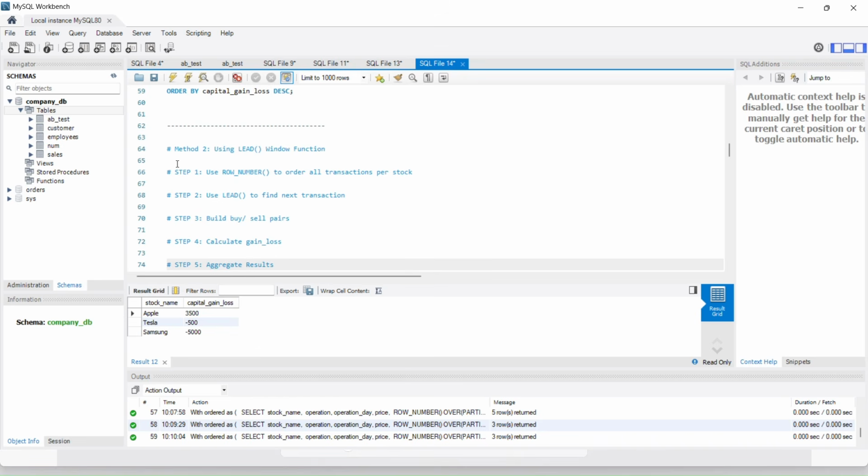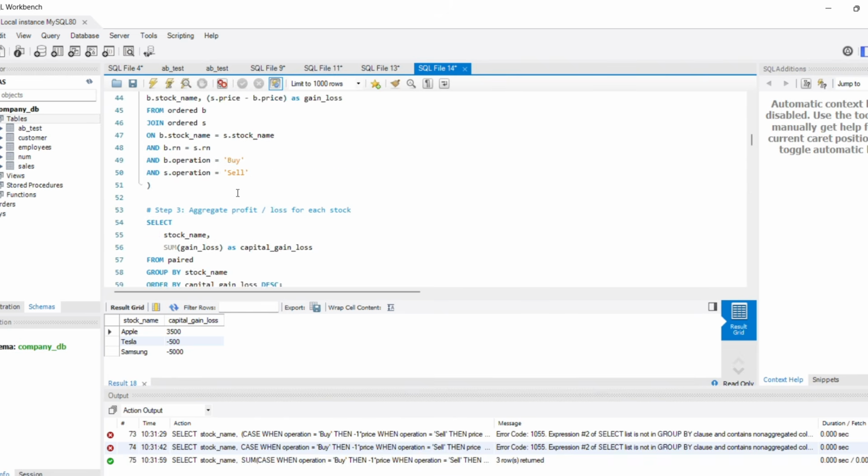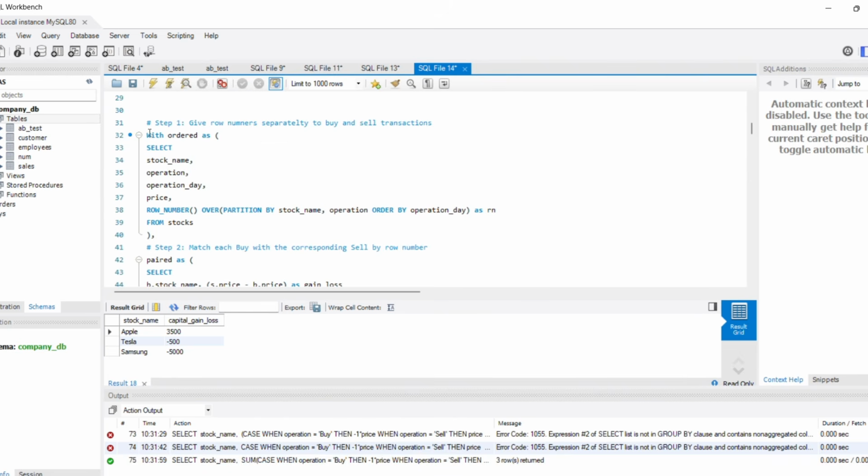Okay, so let's solve this. My step one is very similar to my approach one. I just have to use row number to order all the transactions per stock. So let me just copy it from our method one only. So this is going to be my step one,